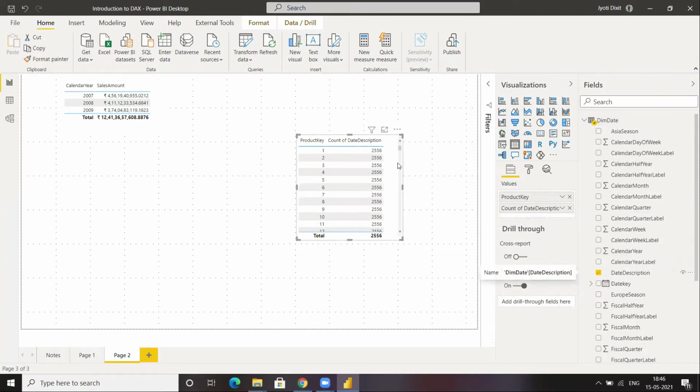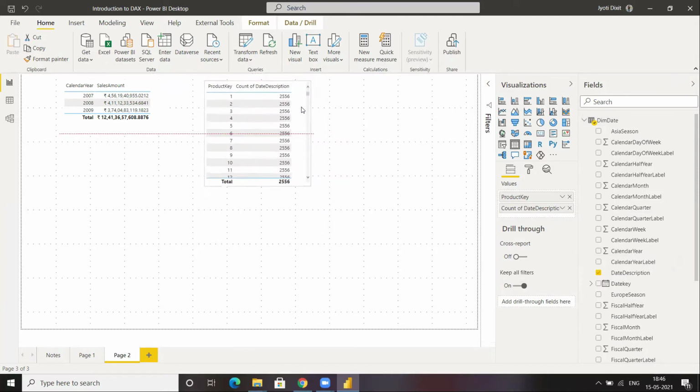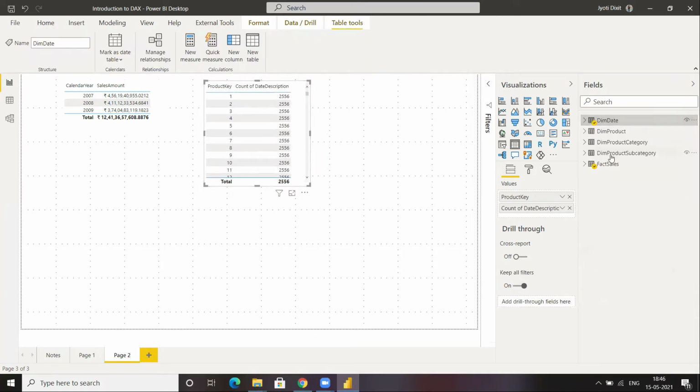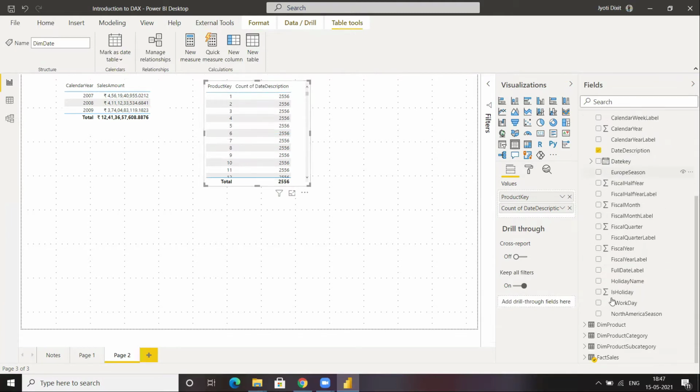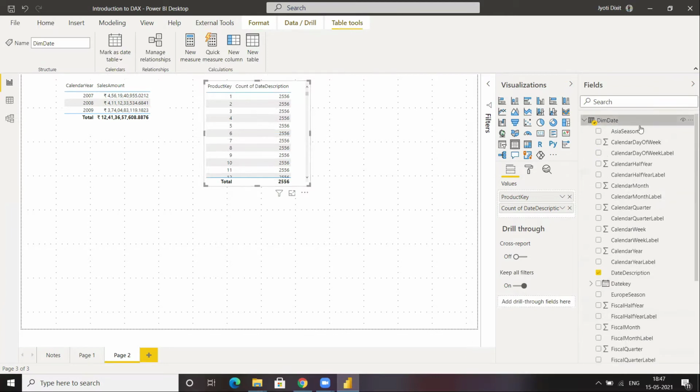So okay. Now can you see that this product key was a column from the fact sales table, and this date description was a column of dim date over here, right? But you can see that a column from the fact sales table is not able to filter the date description.